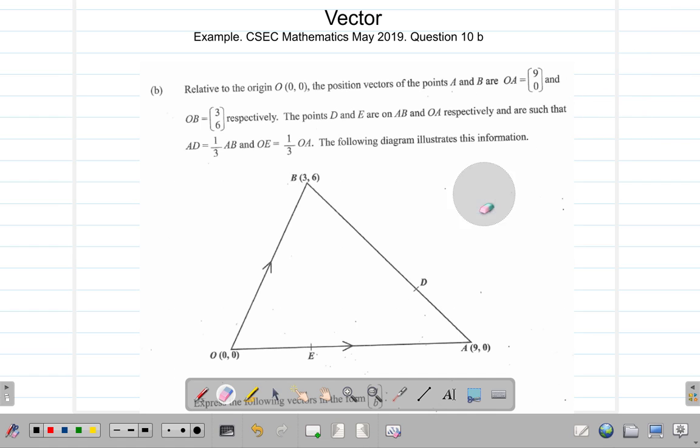Now, here, what you have is the other vector OB. OB is this vector going from O to B. It is (3, 6). What that means, you can move from O to B right along the vector, but you could have moved,